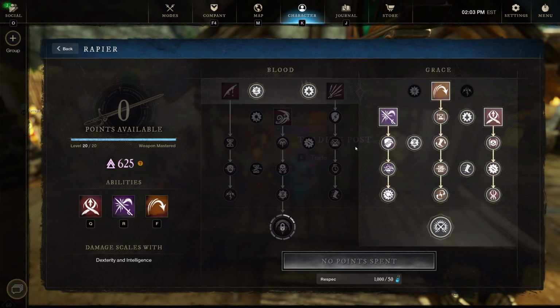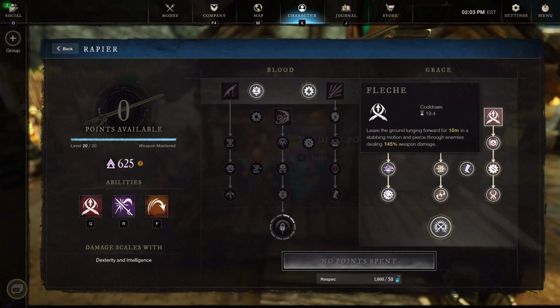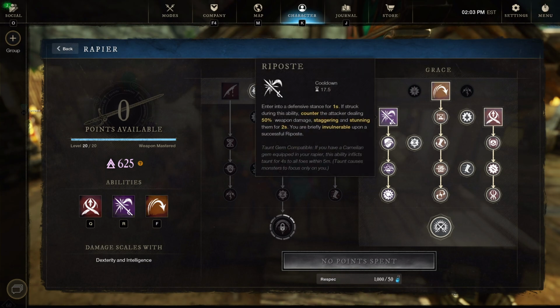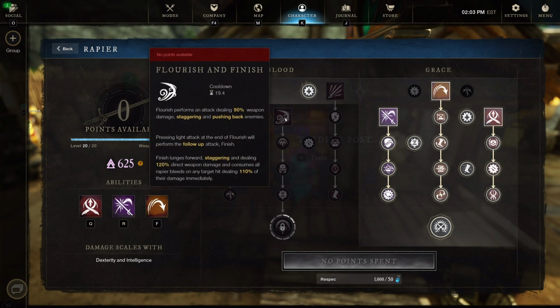For rapier, I would always choose Evade and Flesh. Those two skills are just so good because they can be used in both offensive and defensive manners. But then the third skill, some people use Riposte and others prefer Flourish and Finish. The argument for